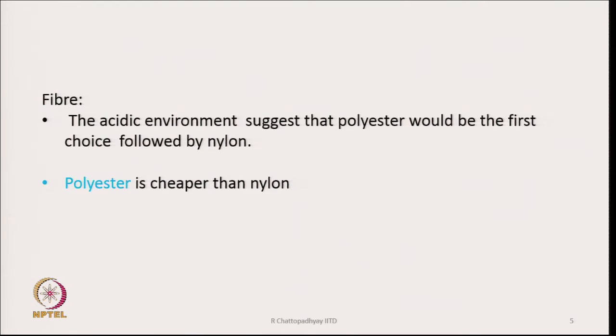So, we can choose polyester and also nylon, but preference will be given to polyester, because polyester is also generally cheaper than nylon fibers. So, therefore, we should go for polyester fiber. So, that is the material selection part. Now comes the other parameters, that is, we need to know what should be the tenacity of the yarn and what should be the yarn count